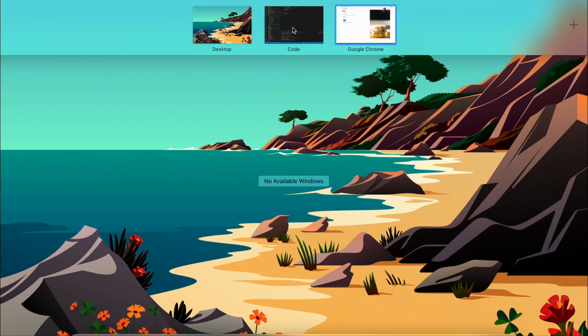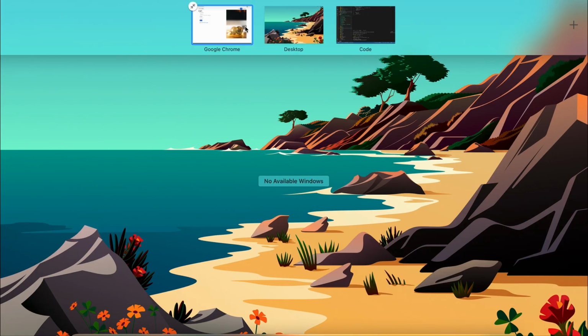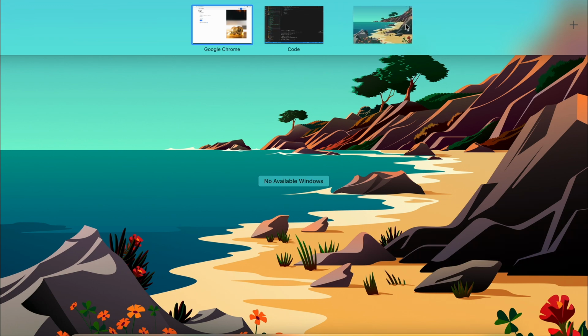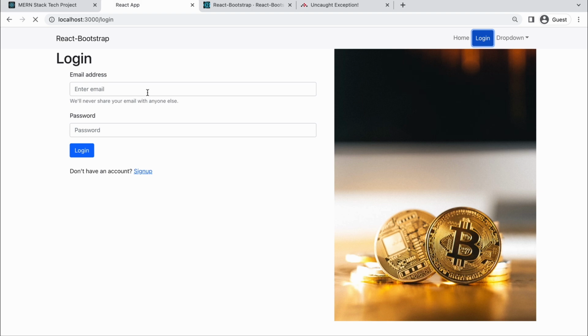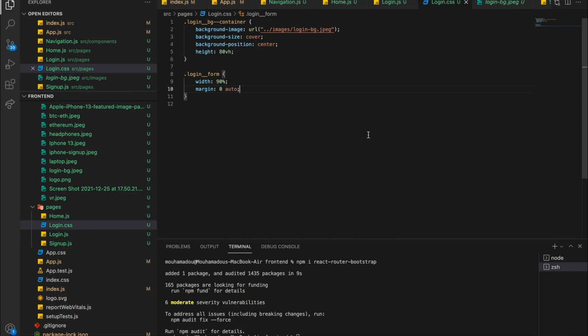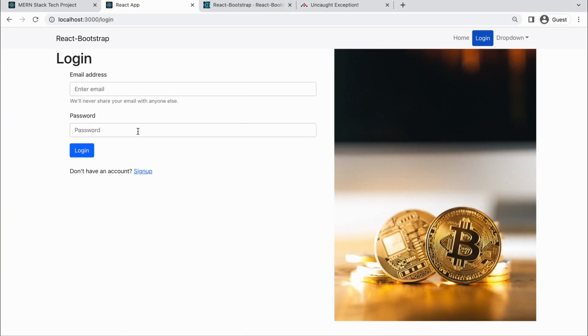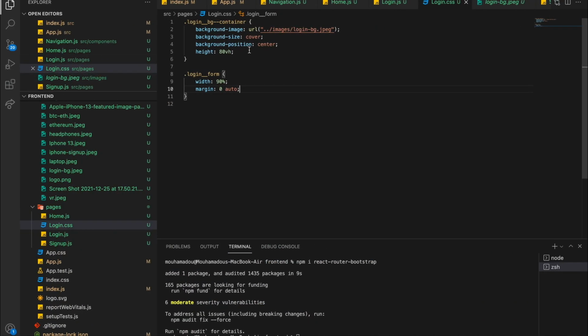Okay, let me just rearrange this. So you see now we have the background image. It's a nice background image. Now let's align this form vertically. All right, so to do that,